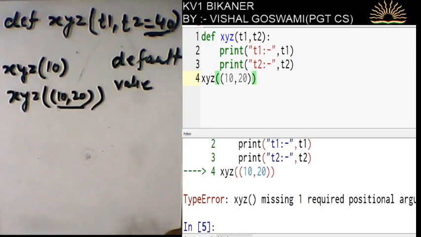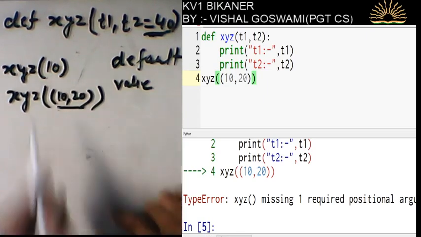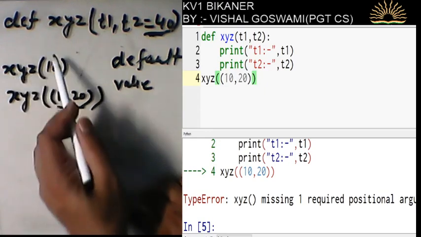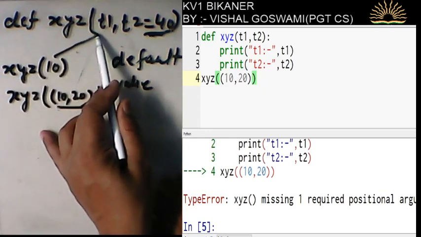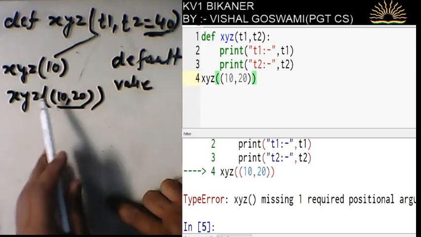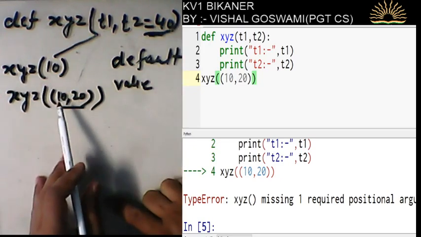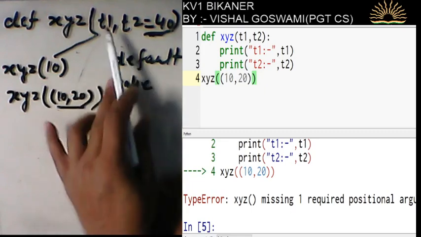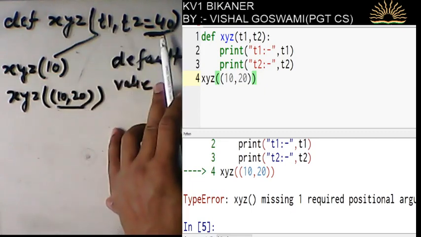Now once again execute this program. When I execute this code, the 10 will go to t1 and t2 will take 40. If I execute this line, 10, 20 will go to t1 and t2 will take 40.